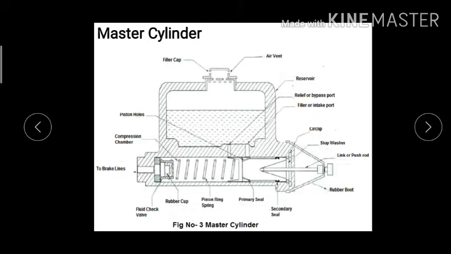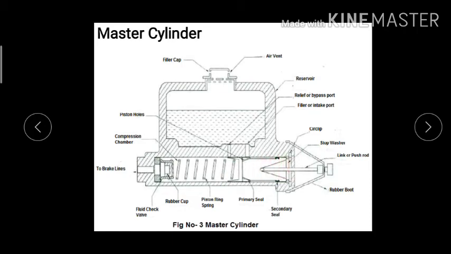So whenever this piston tries to come out, this stop washer and the circlip will not allow it to come out. The push rod is to apply the pressure, and it connects the piston to the brake pedal linkage. As I said, there are some linkage arrangements made. So whenever the brake pedal is pressed, it will push the piston by this push rod.